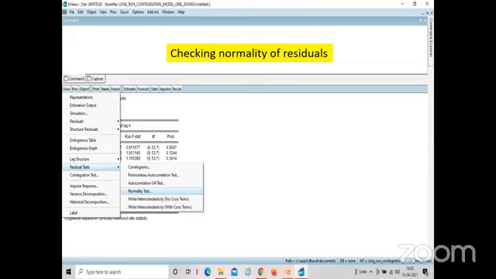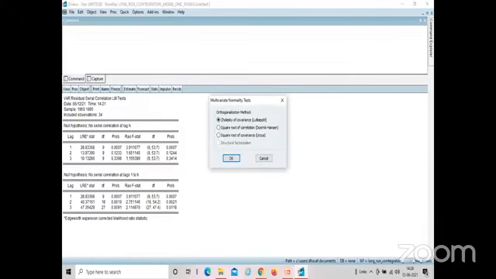So here the normality test is being conducted. Click OK.